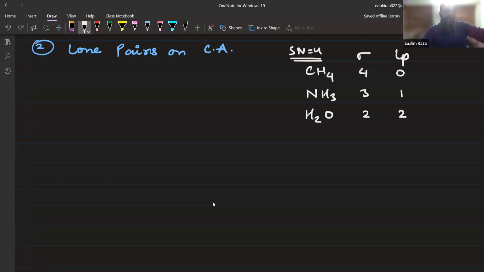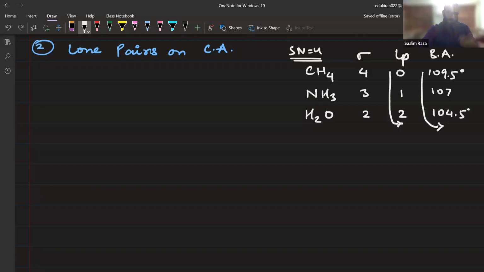But what is the bond angle of CH4, guys? 109.5 degrees. What is the bond angle of NH3? 107. What is the bond angle of H2O? 104.5 degrees. Now, as you can see, as the lone pair is increasing, bond angle is